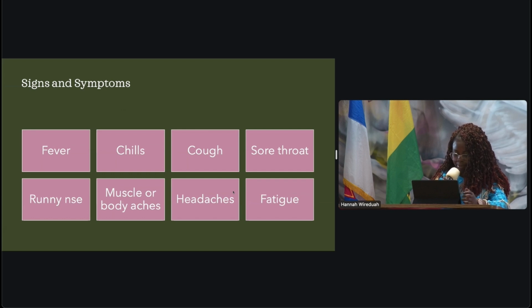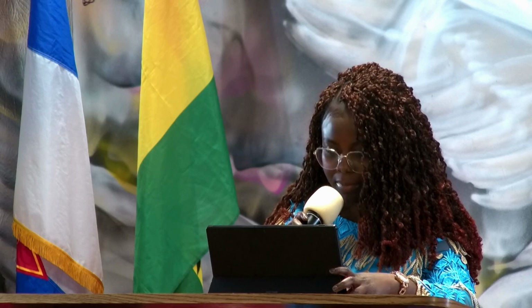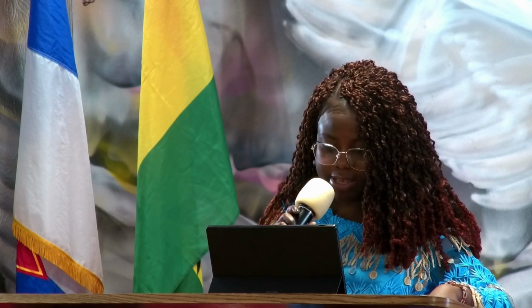Mostly you can also get general discomfort. These are not pinpointed, but they are also signs. Then there is uncomplicated influenza, when you have flu and it is a mild illness, with other symptoms that are not that serious.